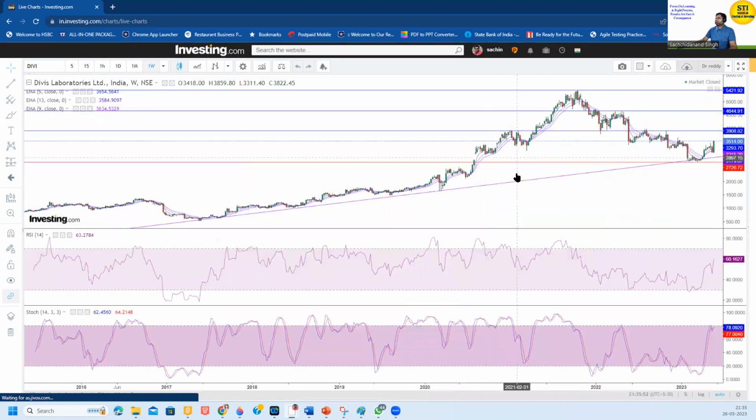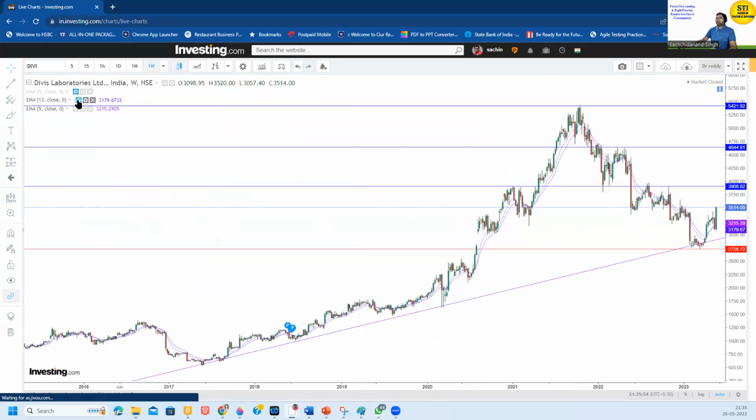Okay, so in any of the charts, sorry, this is Divi's Lab. Next to the abbreviation of that particular stock, you can see there is 5, 15, and day, 1 month,